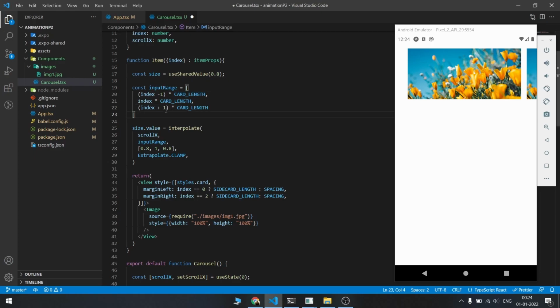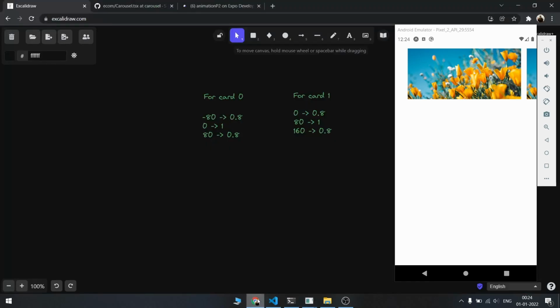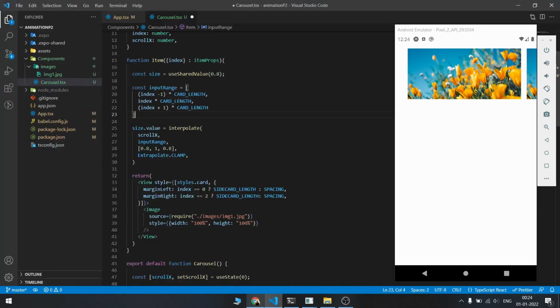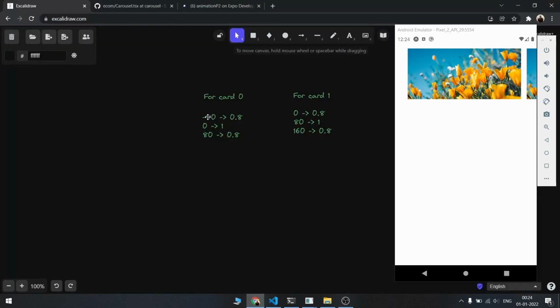Now to explain this input, if you put in those formulas, for the first card it was index - 1 into card length, right? Index is 0 for the first card, so 0 minus 1 is -1, and -1 into card length, if you assume card length is 80, will be -80, and the output for that value is 0.8.